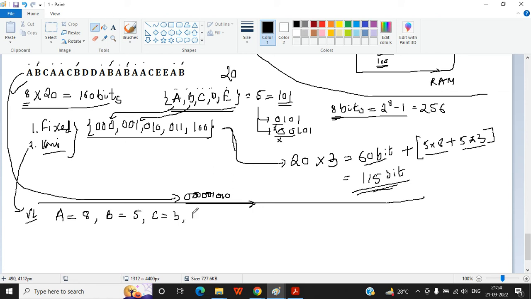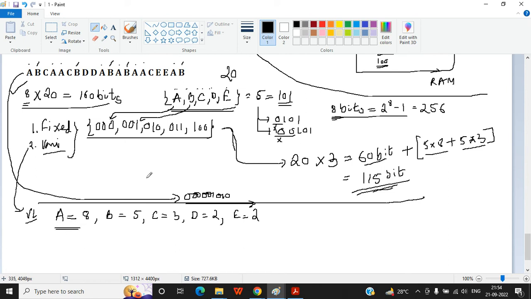What is the frequency of D? D is 2. What is the frequency of E? E is 2. Now see, which of the characters has the most frequency? 8, A. That means A is appearing most of the time.